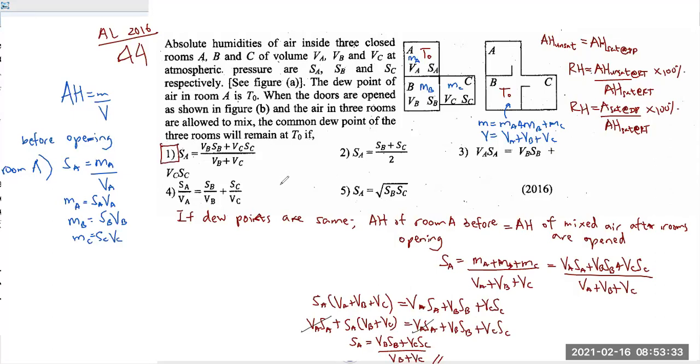So the basic idea is that there's no point in memorizing the answers. Whenever you do a past paper question, you should have gained something new from that past paper book. One thing we gained here is that when two air samples have the same dew point, the air samples must have the same absolute humidity. That is the idea behind this entire question. The rest is maths. We just substitute the values and get the answer.